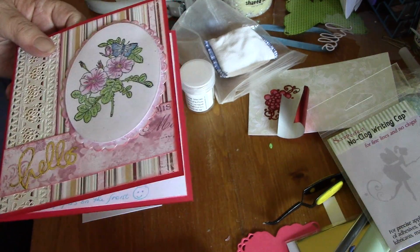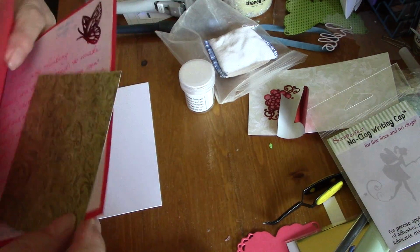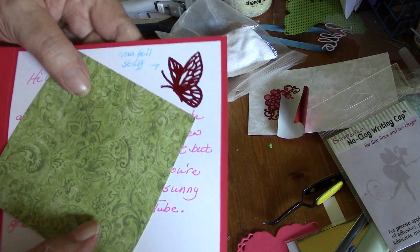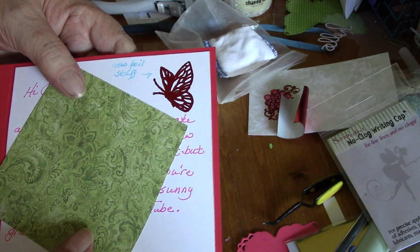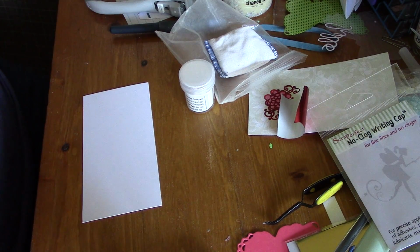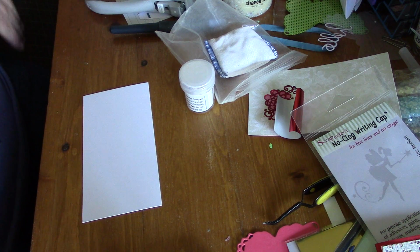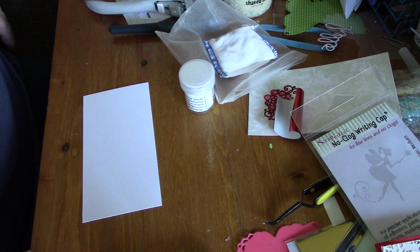And I was playing with the foil again. I'll just give you a quick show there of the butterfly that I did. And I want to show you how I did that. Of course, me, I have a 50% chance of getting something right and a 90% chance of getting it wrong. So the first three times I did this, I was doing it wrong. But anyway,